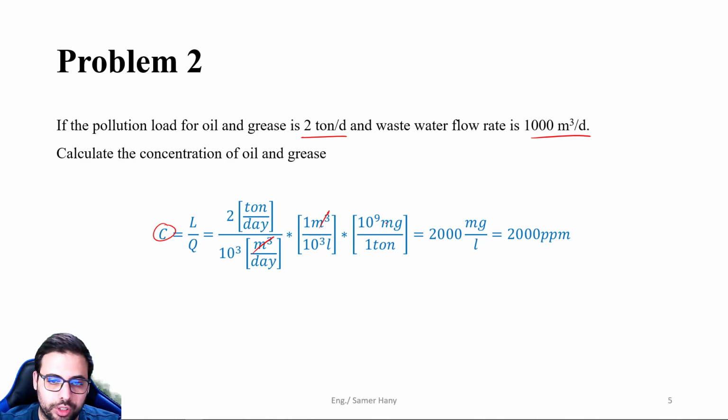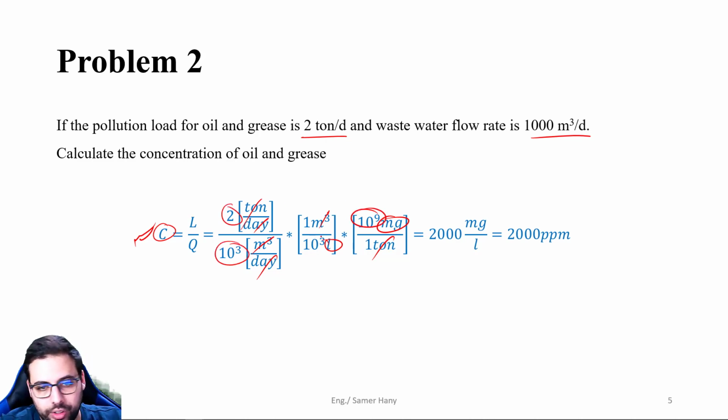And for the mass conversion, a billion, or 10 power 9 milligrams, is equivalent to 1 ton. And this ton will be cancelled out with this ton. And the day per day will be cancelled out, and we're left with milligrams per liter, which is the standard unit for conversion. All right? So this will be 2 times 10 power 9 over 10 power 3 times 10 power 3, which is 10 power 6. So it will be 2 times 10 power 3, which is 2,000 milligram per liter, or ppm,